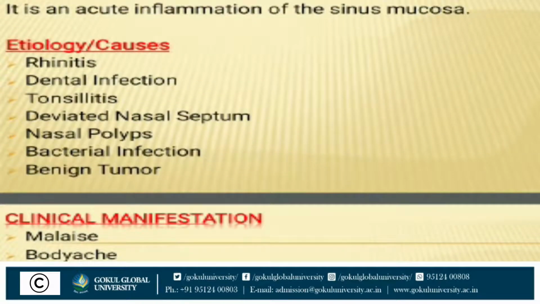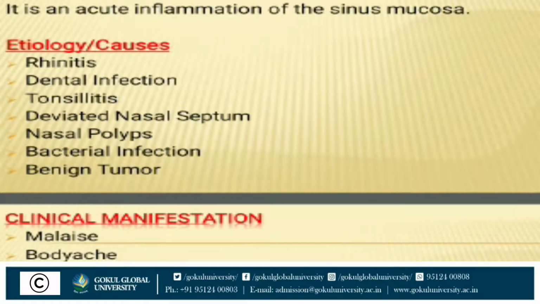In that, first one, definition: it is an acute inflammation of the sinus mucosa. That means an acute, short-term inflammation in the sinus mucosa. The causes are rhinitis, dental infection, tonsillitis, deviated nasal septum, nasal polyps, bacterial infection, and benign tumor. So these types of causes are responsible for acute sinusitis, like rhinitis, then dental infection,